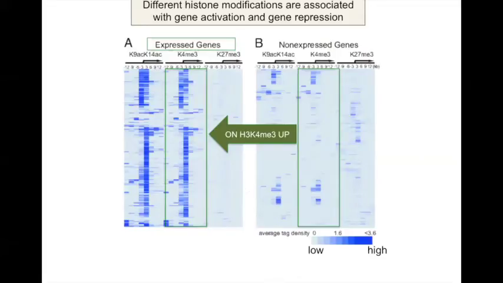Different marks of histones are associated with differences in expression. Histone acetylation, for example, is associated with very high levels of gene expression. The acetylation of the histones changes the charge of the histone and loosens the interaction between the DNA and the histone. What we see in this figure here is